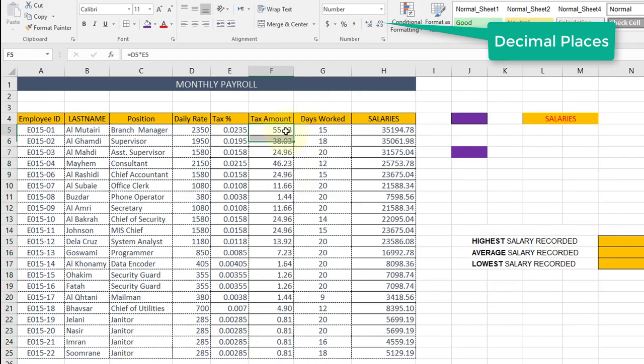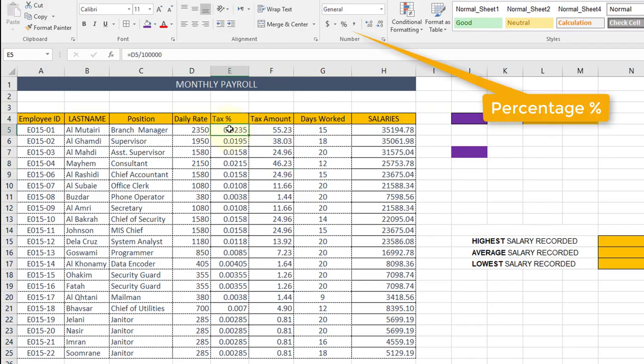Now you see that the decimal point comes in the same line for all the values here, and all these have 2 decimal digits. Like here you can see it says 4.90, so it's going to add 0 if there is no value after the decimal digit.